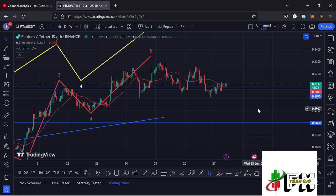At the time of this recording, Fantom is holding above a key area of support at around the $0.3075 mark, which is now acting as support for us to continue gearing up. We have also continued to obey the Elliott wave structures, and before I discuss my Elliott wave analysis, I want to first show you a chart pattern that has been in formation right here that could possibly give us a massive breakout